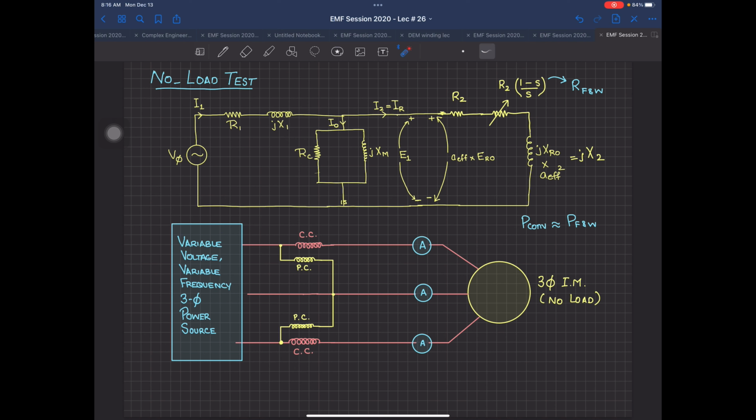So technically the values which you are taking out in your lab may be a little bit false in that case. So if you want to do the no load test, the first and foremost thing is that the shaft should not be connected to anything, which means that it can only turn against its friction and windage losses, and otherwise there is no other issue or no other power loss, that is the P converted.